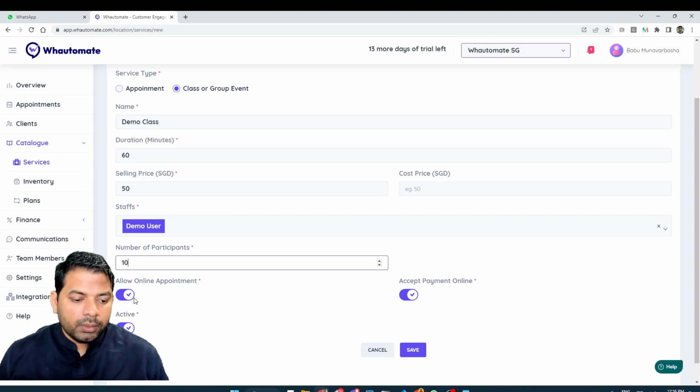Allow online appointment. If this is turned off, you won't be able to schedule classes. If the service is inactive, that means this service is no longer in use. Let's say you have been offering a particular class and you no longer offer it. If you want to disable that, you can just turn this active flag off. I'm just going to click on save,